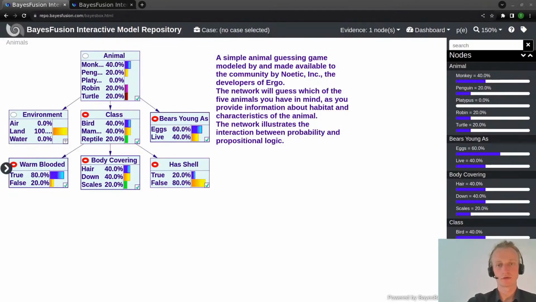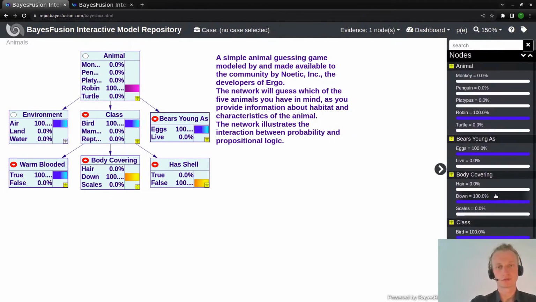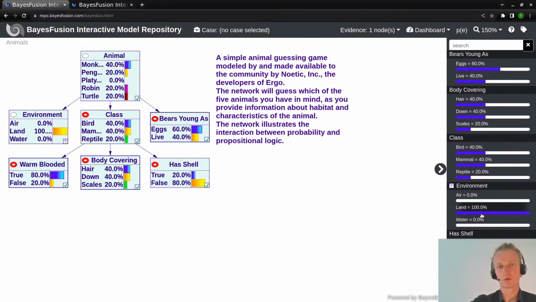Now I'd like to show you a small website, and on this website you can play a bit around with Bayesian networks, and also you can build your own Bayesian network if you're interested in, and this website is of course also linked in the video description. Yeah, so here is a small example of a Bayesian network. Here in this case for animals. And for example, if we're going into the air, it is quite probable that we are having a robin, or if we're going back to land,